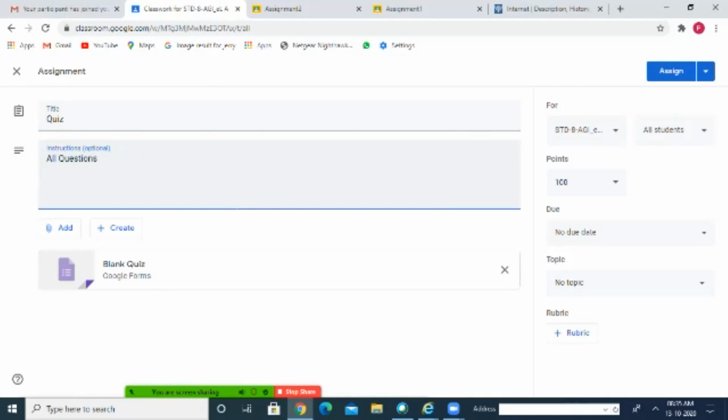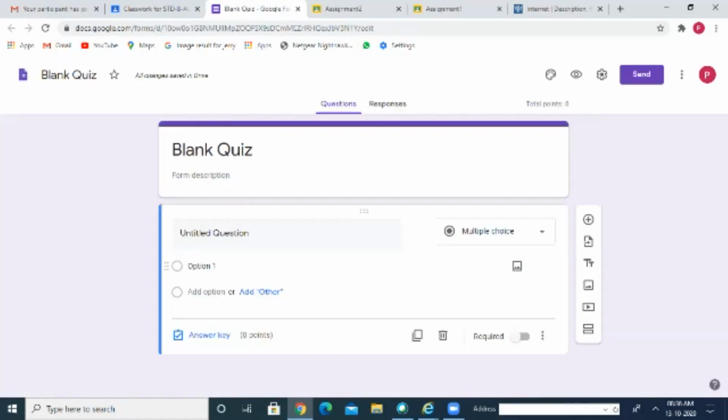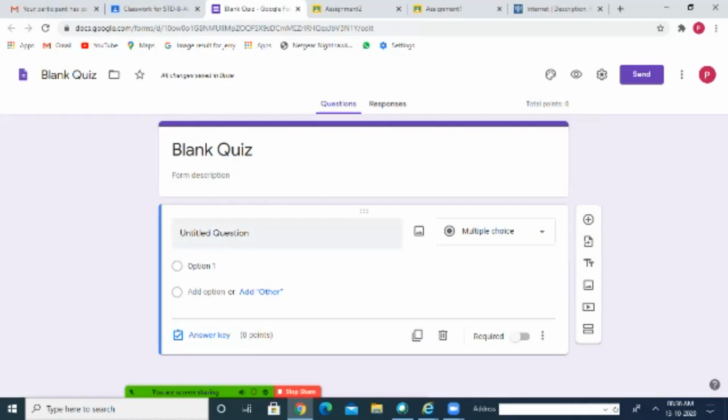You all know how to do this. For demonstration purpose only I am showing one. So after creating the quiz, I can create the quiz by using Google form. I will click on this Google form. For example, I am typing, what is the computer, giving two machines. Let's see.